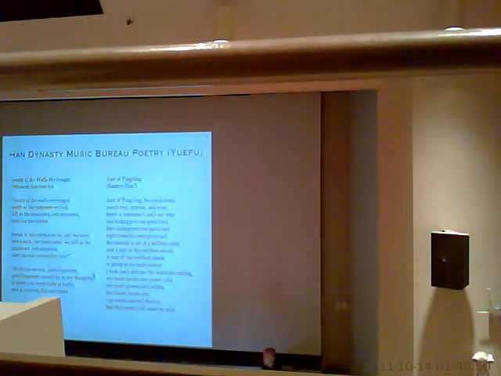And the job of the music bureau was to collect poems and songs from all over the empire and bring them into the court to perform them for the emperor. And this is supposedly a way that the emperor could look into the hearts and minds of his people. If you remember, the promise of the Confucian classical poetry is that it articulates through external verbal words what is internal, in the heart and mind. So this is supposed to act as a window that the ruler could use to look into the hearts of the people and then cast judgment for all these rules.